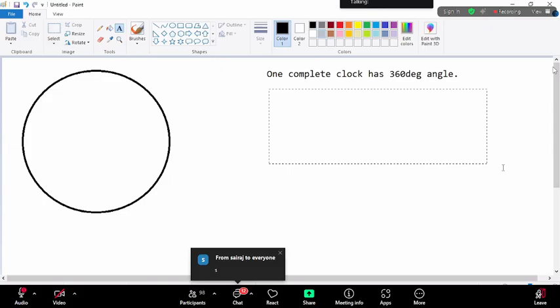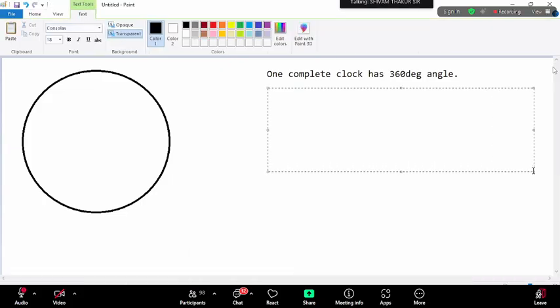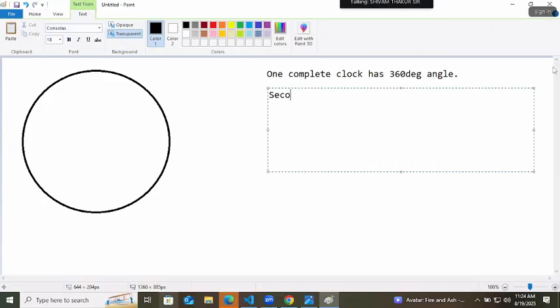Now, on one complete clock, the second hand will complete one circle in 60 seconds, right? In 60 seconds, the second hand will move completely around the clock.